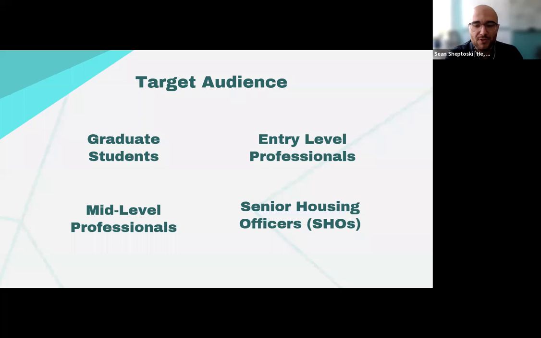So grad students, thinking about those are folks, of course, who are balancing the classroom work with day-to-day implementation of housing operations. And then entry-level and support staff would be potentially included in that area, who are really focused also on day-to-day of housing operations.